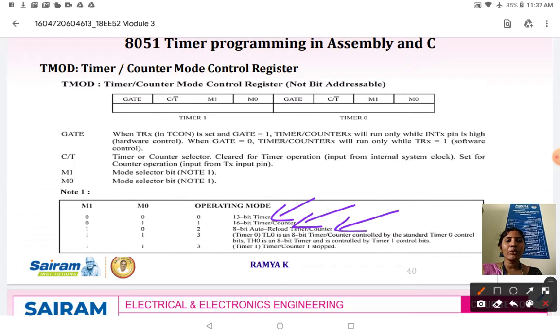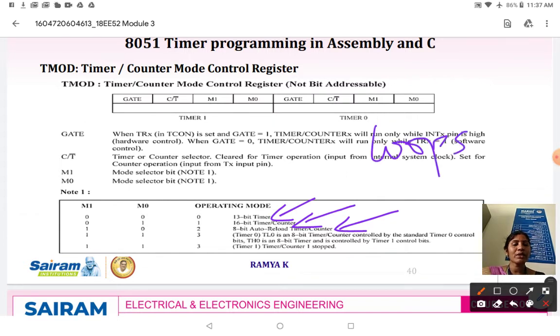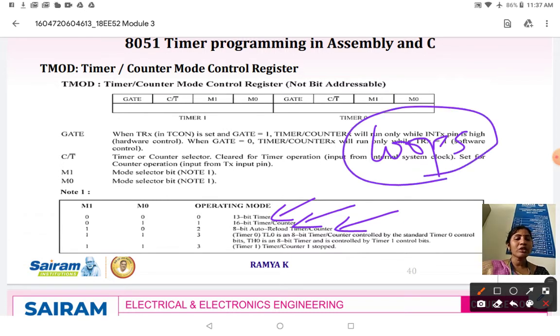Why? Because if you want to reduce the size of the program, if you want to create a longer time delay, even though you can create a time delay with the help of loops, as we have discussed in the previous classes by the help of call and return instructions, for a longer time delay, loops are not practical.